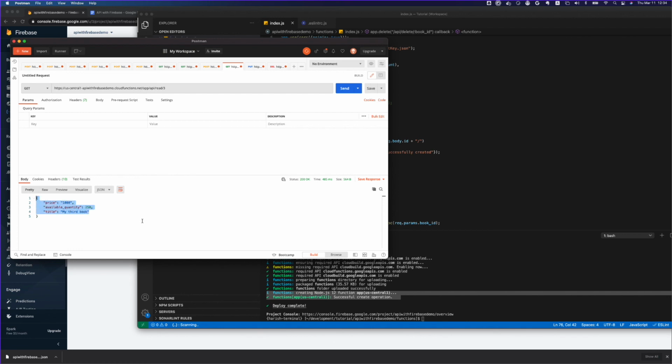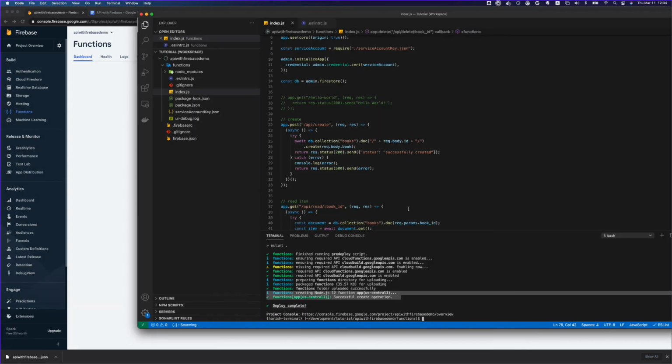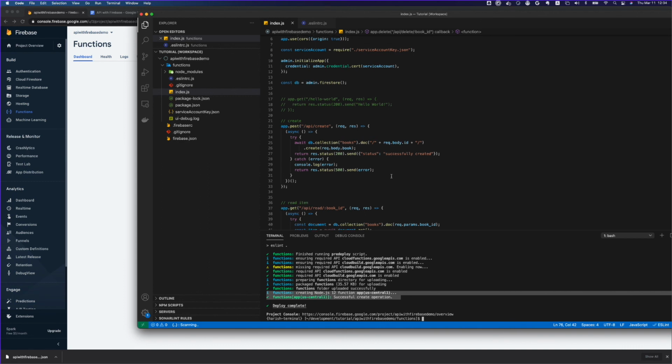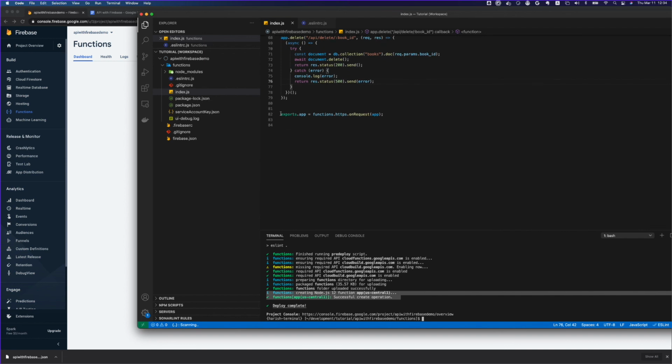And also as I said, I don't want to deploy it on US Central 1. So what I'm going to do, I'm going to go and delete this function from here. Let's delete it and recreate it into some other region rather than the region which it by default created. So what you have to do, you go at the end of your code, there is exports.app. Instead of this, what I'm going to do is replace this function with functions.region. So I can explicitly set which region it should deploy.